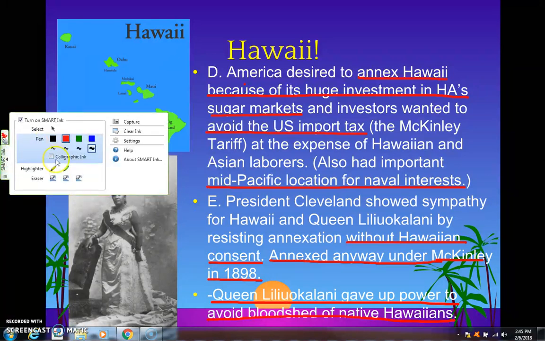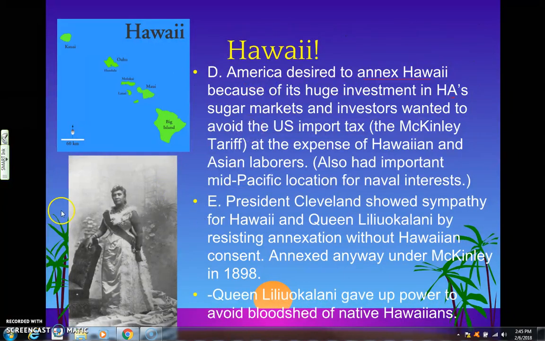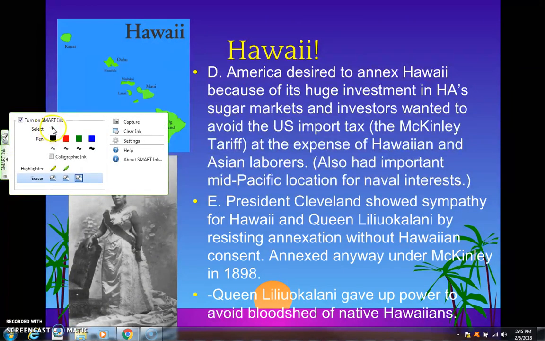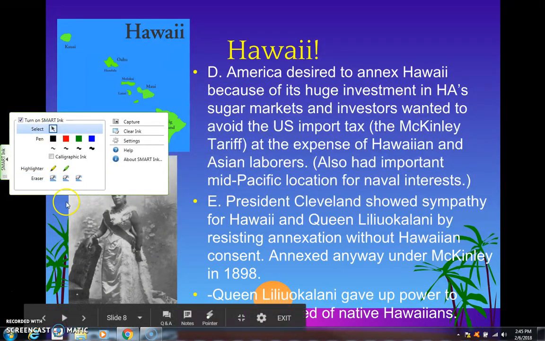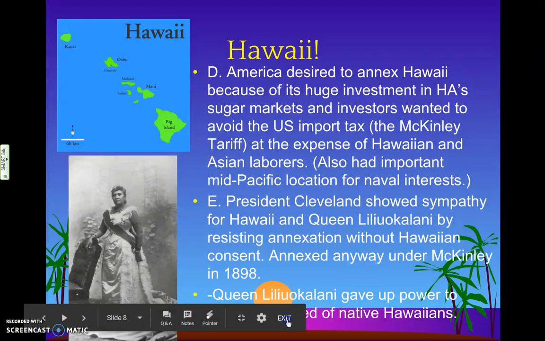I think the biggest key here is to understand that Hawaii is not a willing participant. The Hawaiian people did not want to be a part of the United States. It was really an economic and a military grab. And that's the next part that we're going to talk about: the military, both the trade, but also the military importance of Hawaii and also of Alaska, which is where we left off last time.